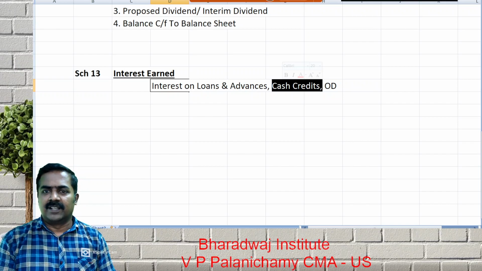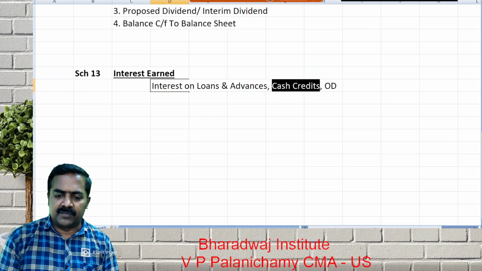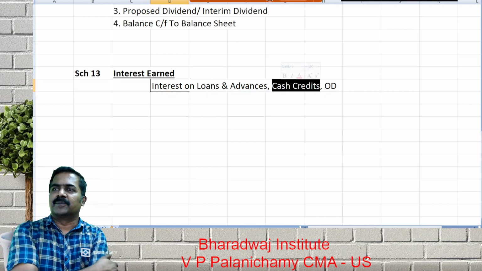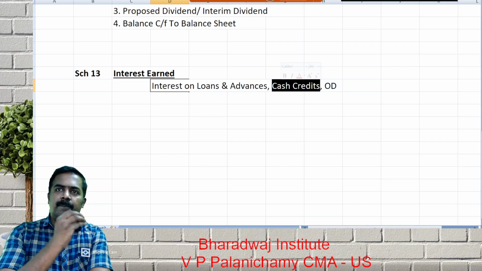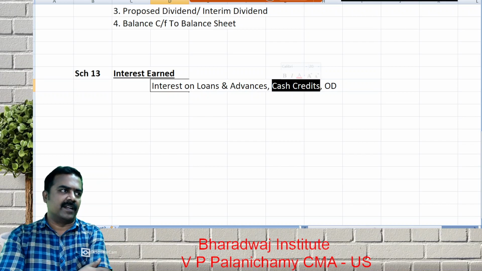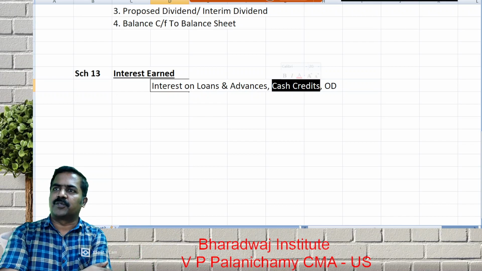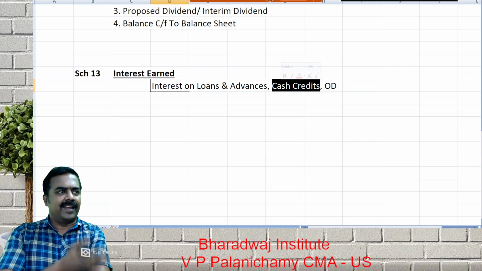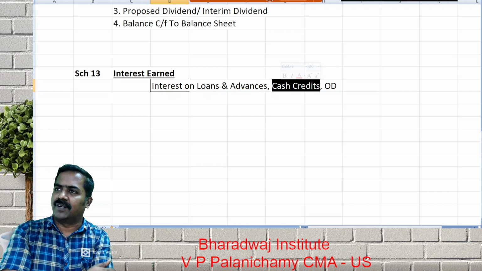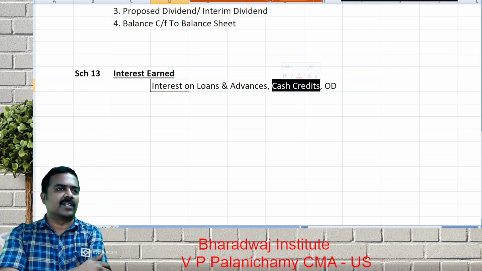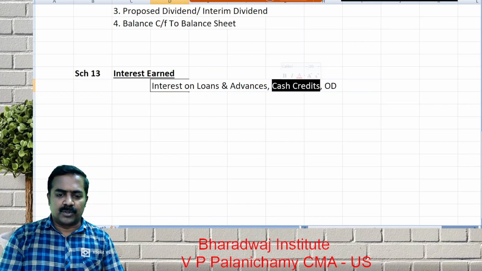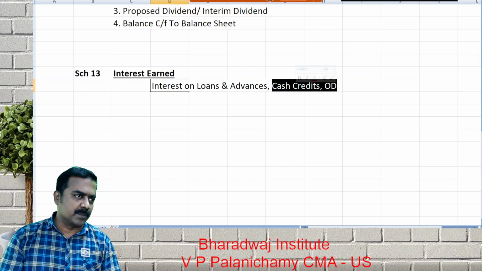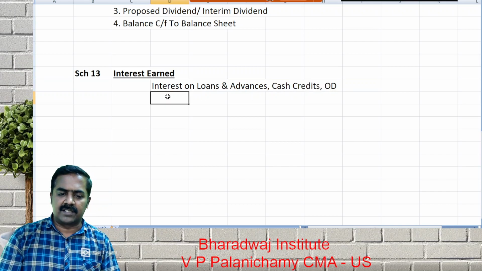You cannot withdraw. Suppose you are given a cash credit, for example, an OD of 25 lakhs with a cash credit of 5 lakhs. Now what you can do is withdraw up to 5 lakhs in cash and spend. The remaining 20 lakhs you can use for transactions like cheque and payment transactions. Or the entire 25 lakhs can be used for transactions, but you cannot withdraw more than 5 lakhs in cash. So cash credit is also a kind of loan given. Bank OD is also a kind of loan given. So the interest is earned on that.